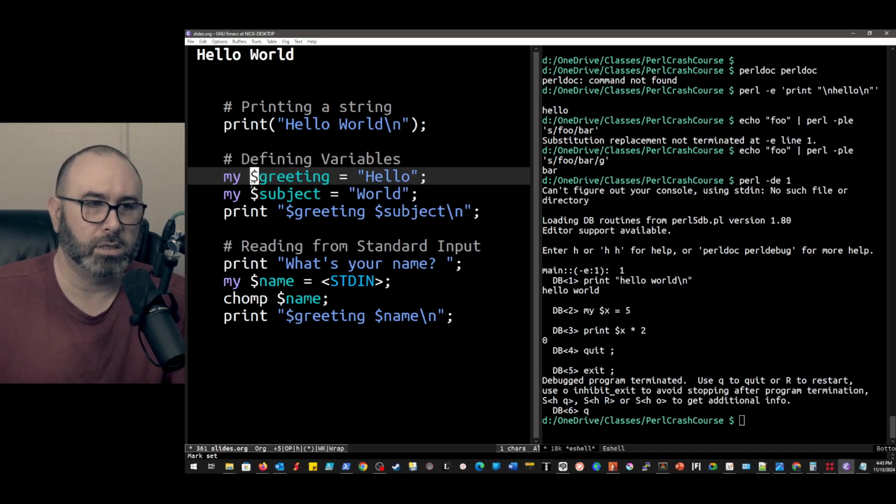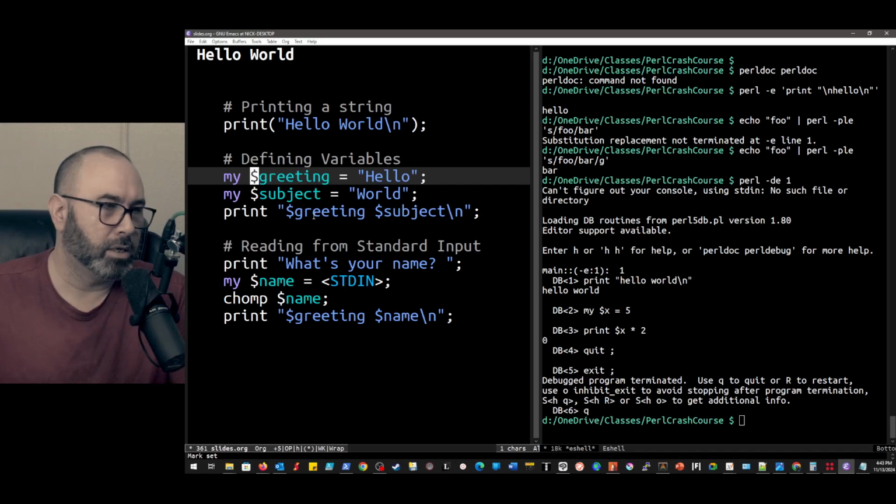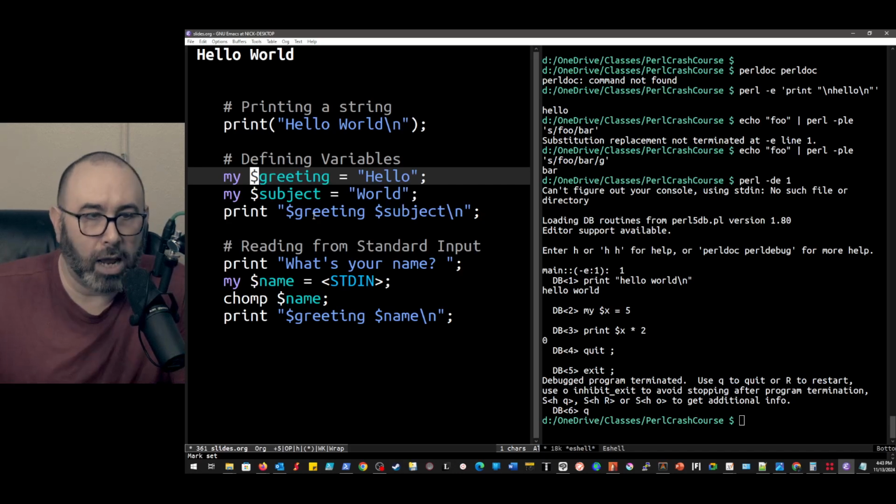So if we see a dollar sign here, that means this is a scalar variable, so it will have a value like a string or an integer, something along those lines. We're then going to have things like arrays or hashes that will have a different preceding character. So I think that's actually very easy to read.